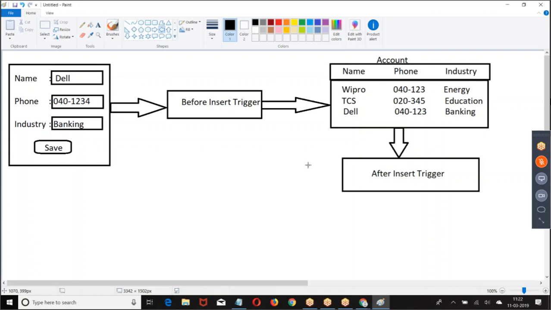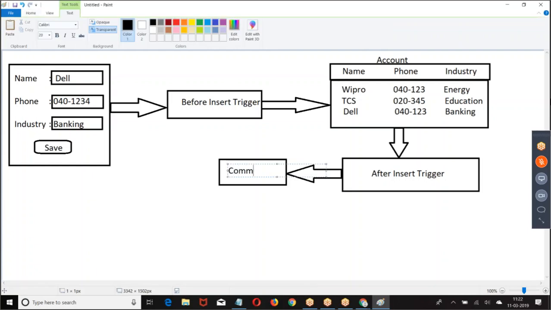After saving the record, if you have any logic to be performed, that will be performed here. Then the record will be committed to the database.